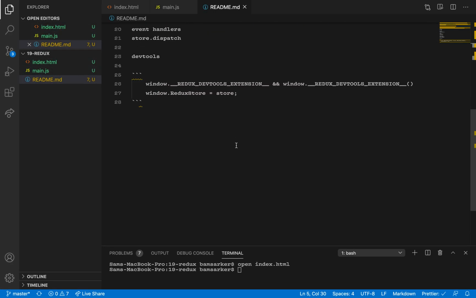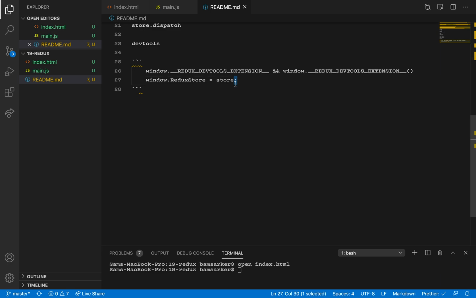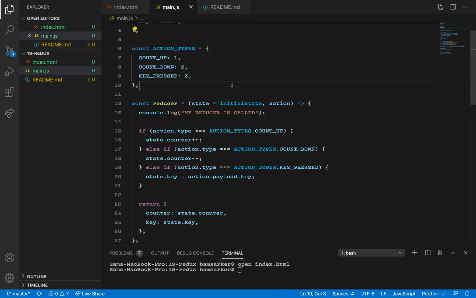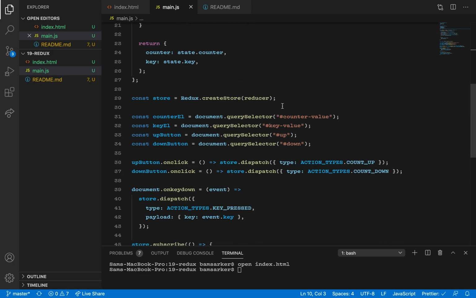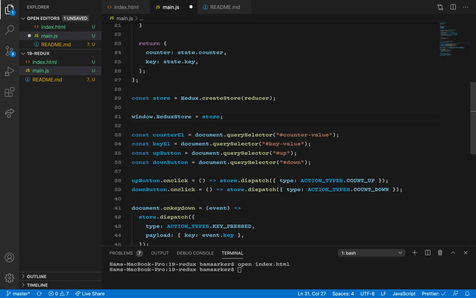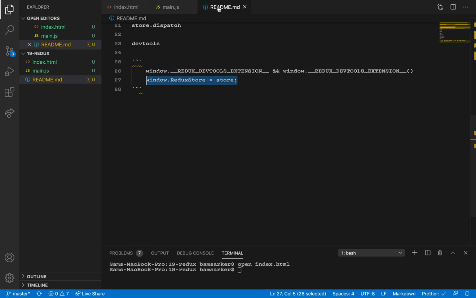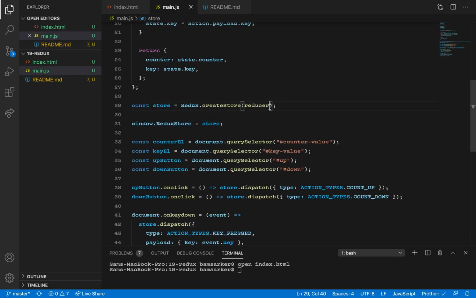It's only really a bit of faff in vanilla JavaScript, and in React it helps you with this, but there's a bit of faff here. So I have to say window.redux store is our store, and I have to say window Redux DevTools extension, and I call that